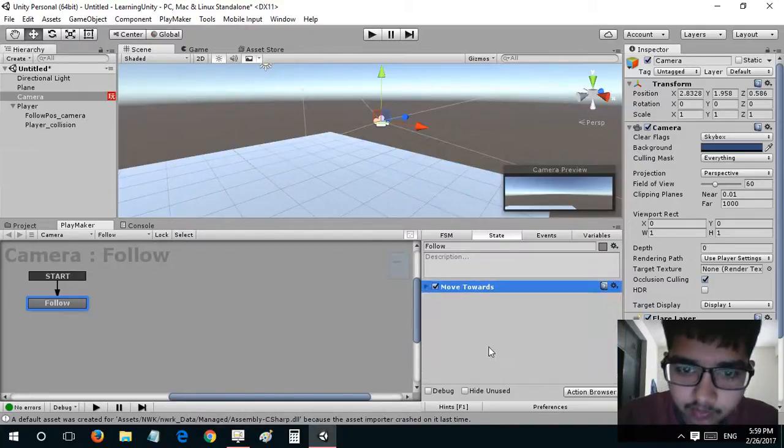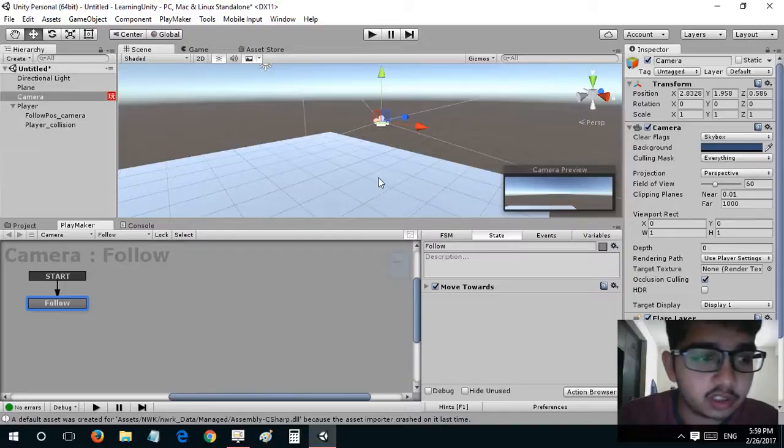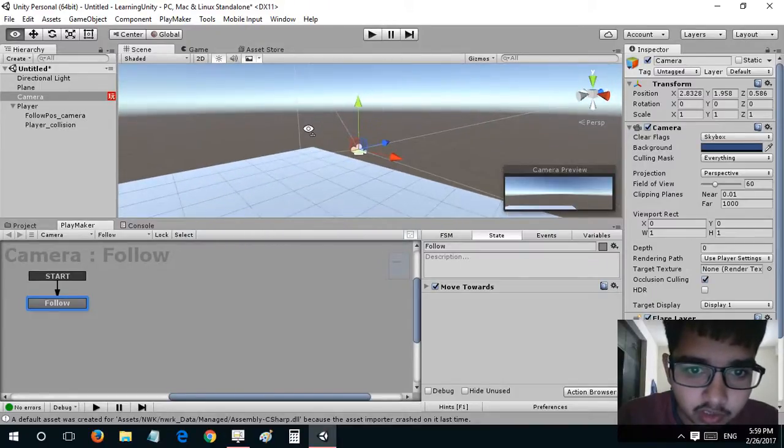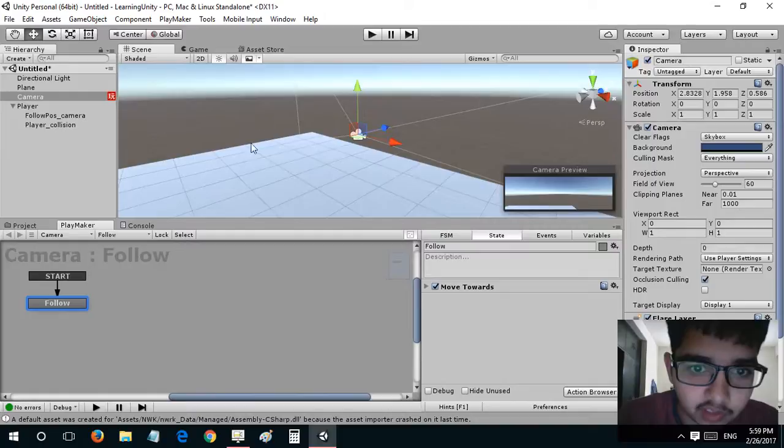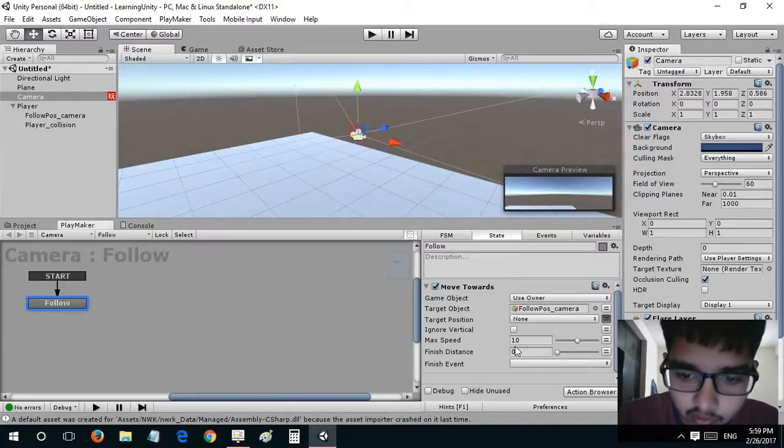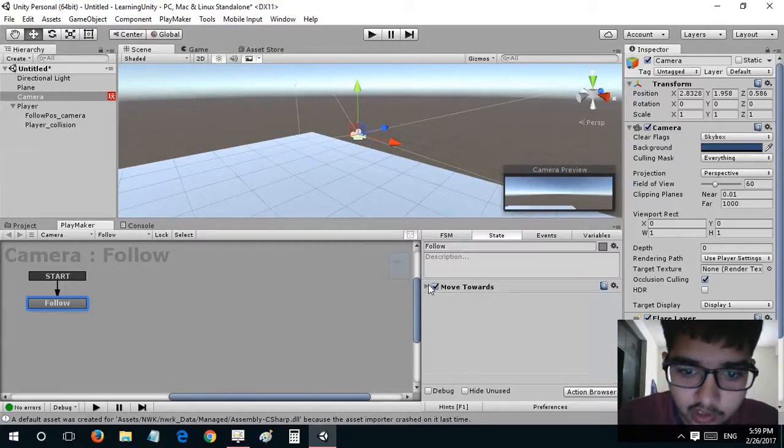Finish distance is basically like if you want the enemy to stop at a distance of 1 unit, so he would come to the player less than 1 unit and stop right there, and you can add in elements of shooting or crouching or something like that, so that is useful here. So now it is set to 0 since we are looking for the camera to move into its position. So I'll just leave it like that, and now I would